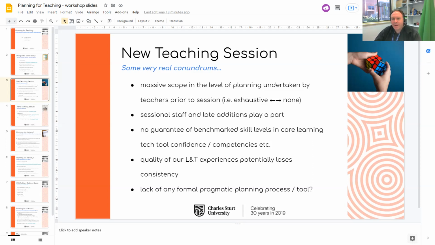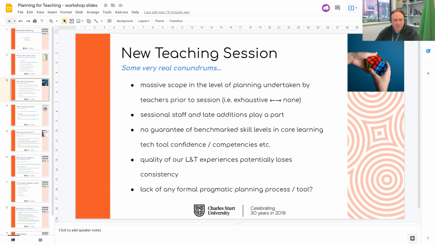And that's something that's always raised. I'm sure you'd be familiar with slide decks that we have from senior leadership around quality teaching, quality learning and teaching experiences, etc., appearing in most strategic type documents about what the university would like to improve and like to focus on. What we're going to talk about today is potentially some ways that might contribute to making that happen over time. And questions raised about why we don't have a pragmatic planning process in place or formalized tools as such. Good news is that we have a couple and we're working on more. So that's what we're going to get into today.